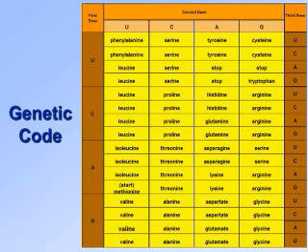Well, let's do it. We're going to practice a little bit here. If the first letter is U, and the second letter is U, and the third letter is U, that's this one right here. UUU means phenylalanine. So let me see if I can pronounce that word. Ooh means phenylalanine. You don't pronounce words in the genetic code. But if you did, it would be ooh.